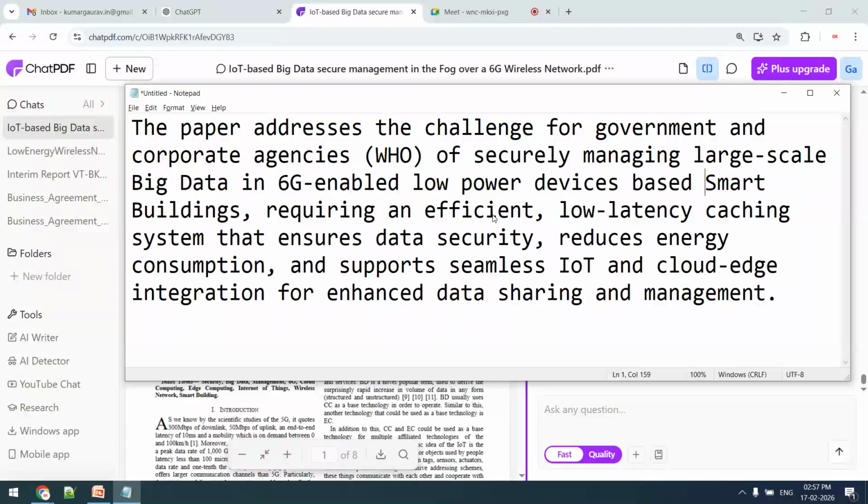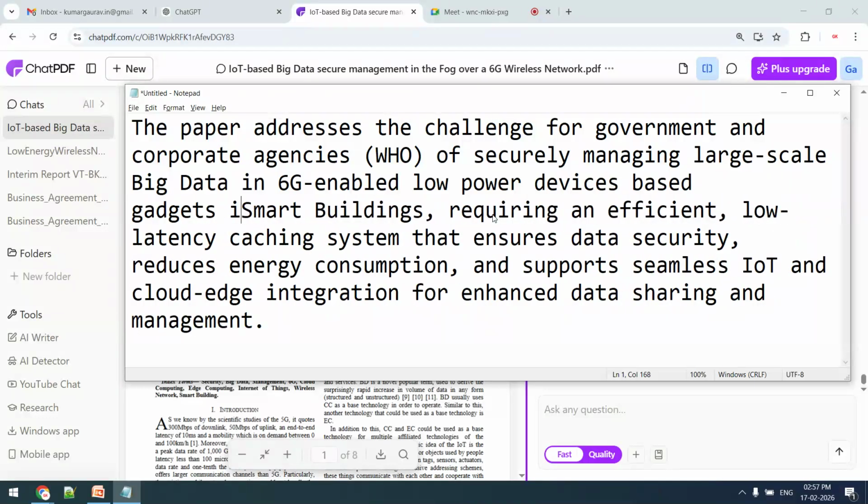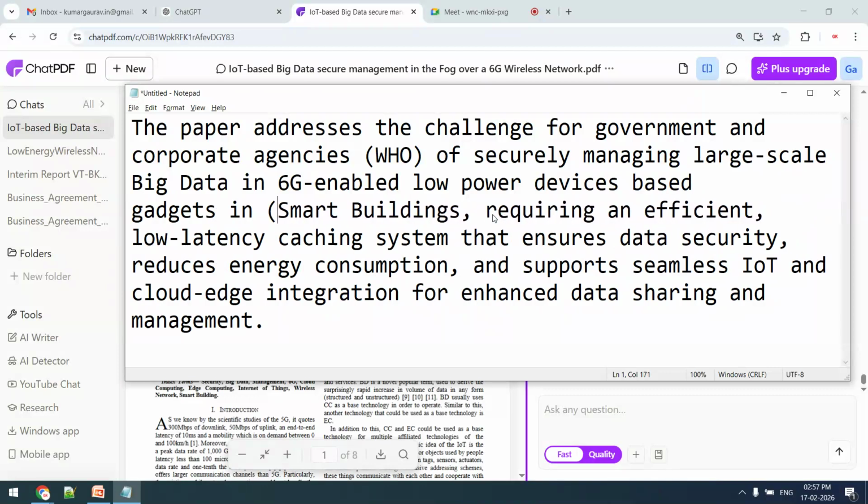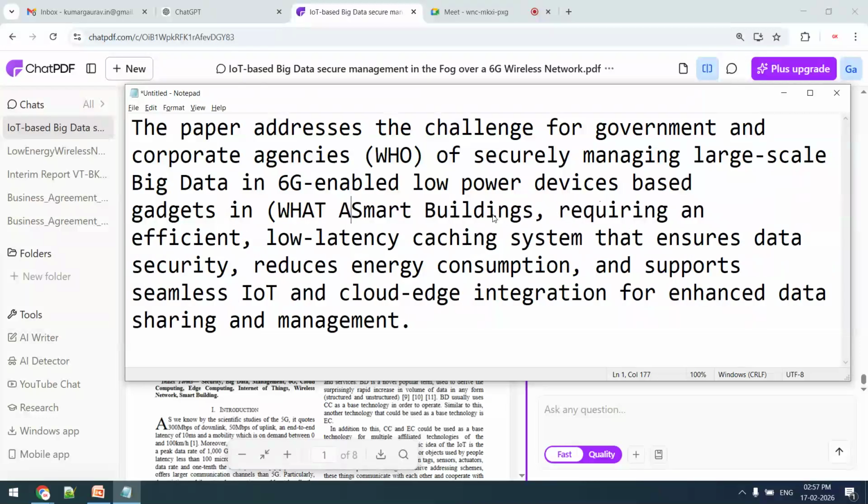based gadgets in smart buildings. Now which, what and which, these are clear. I have added. Now what I am doing, first of all I am making this content submission ready, acceptance ready,